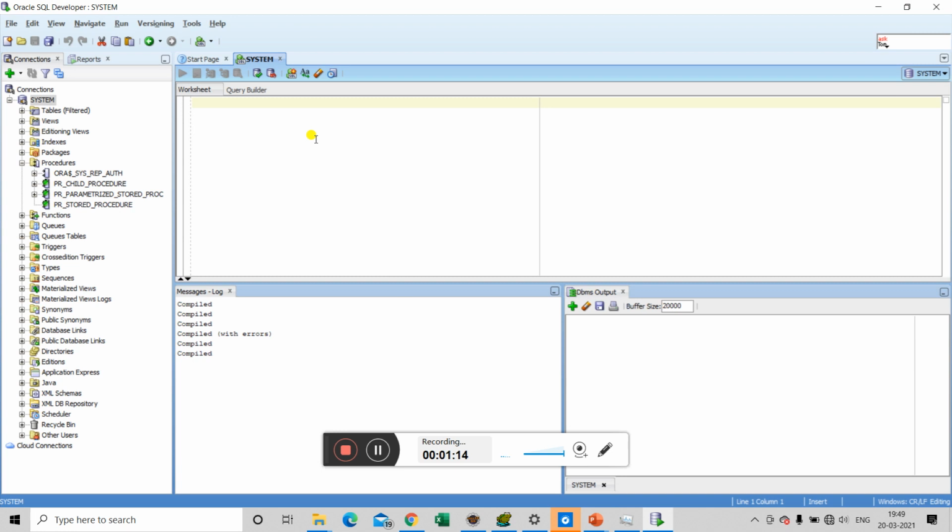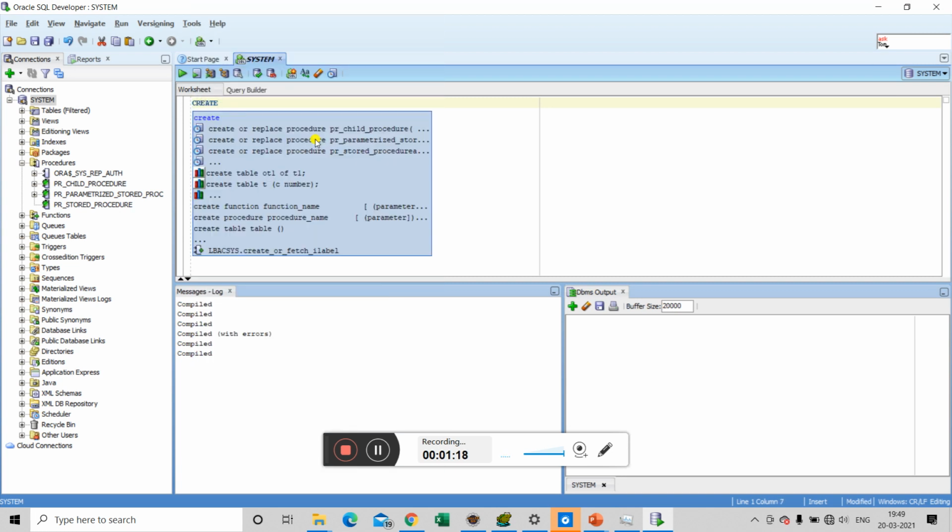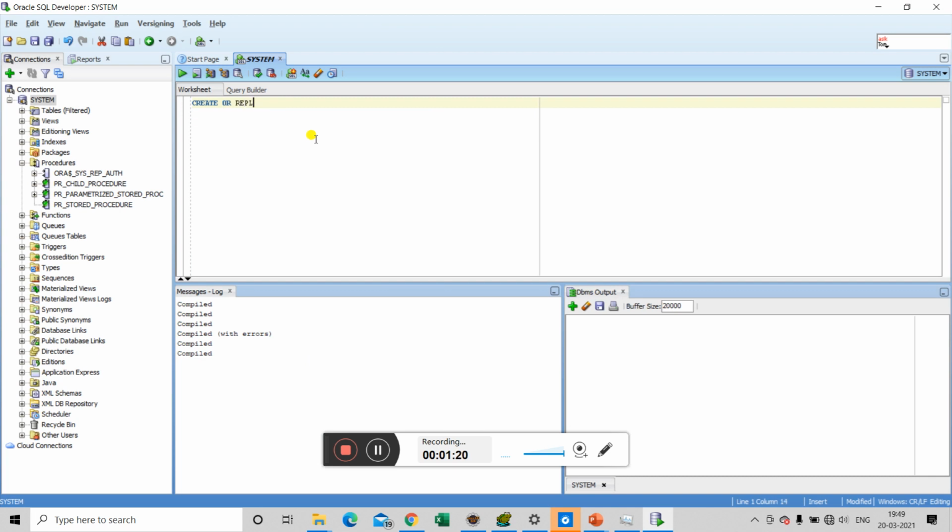To create a stored function, we use a command called create or replace. Create or replace function, then the function name, then a clause that defines what type of value this function will return, using the return clause.